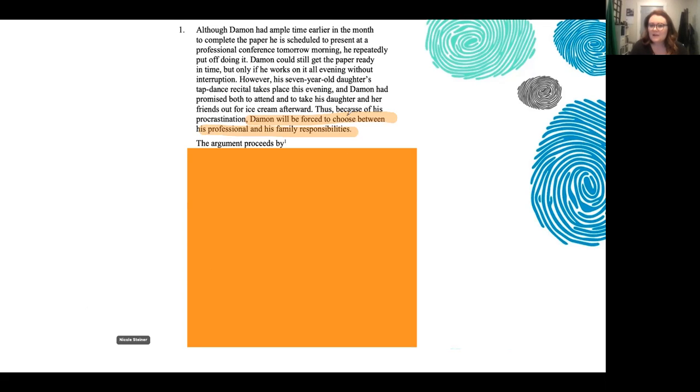Because we say "thus because," well, "thus" is a conclusion indicator word, but "because" actually introduces a premise. "But," "because," "for," and "since" are premise indicator words. But why we're not wrong with that is because we have the double comma going on here, right? So "thus" is actually referring to our main conclusion, and they're just giving us that double comma to throw us off with our reading. But we're saying, thus, because of his procrastination, Damon will be forced to choose between his professional and family